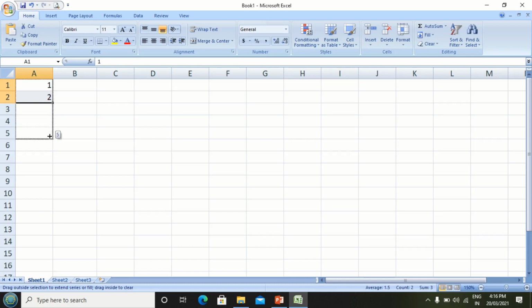You can see the next numbers appear automatically. If I want to create the first 10 numbers, I will drag downwards till number 10 appears. As I see the number 10, I will release the left mouse click button. So in this way I get the series of numbers from 1 to 10.